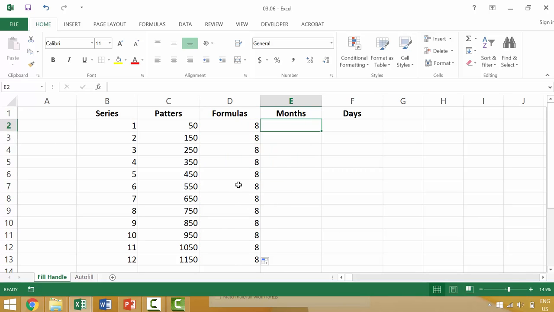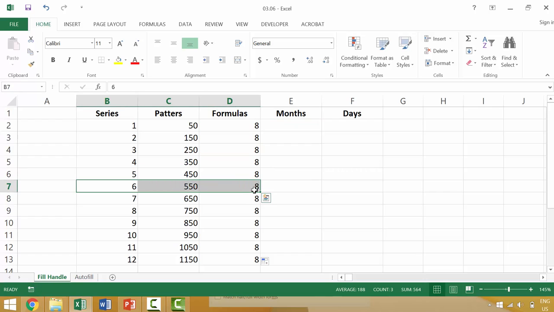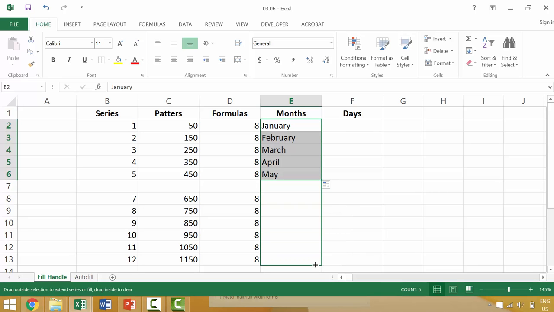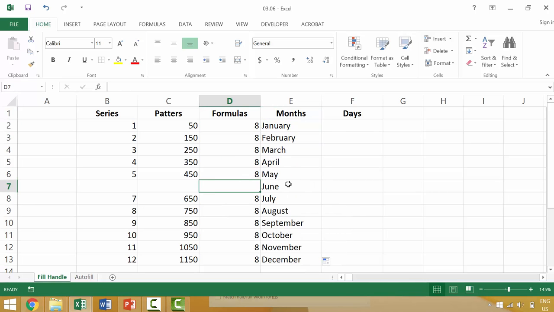Now, if there were some gaps, right? So let's say that this group of cells was all empty. So now we just have cells that are filled from row 2 to row 7, and then there's a gap, and there's essentially more rows. So if here we were to type in January, then we double click here, and it will fill all the way to the point where there's no gaps. So because there's a gap here, it won't populate anymore. If we were to drag it down, it would continue, but because there was a little hole there,